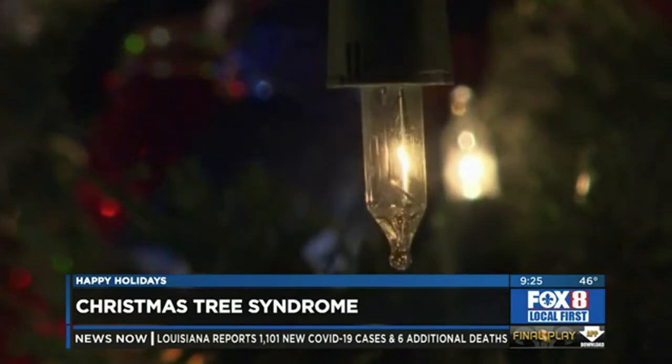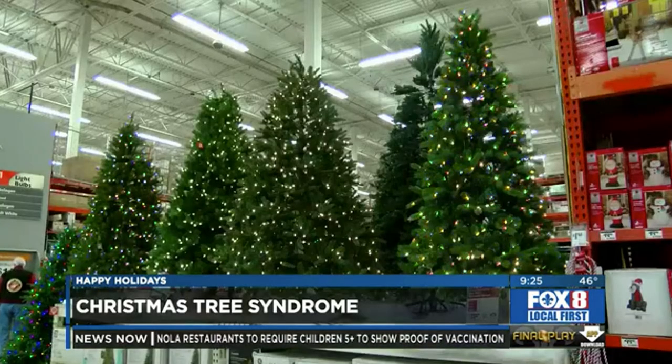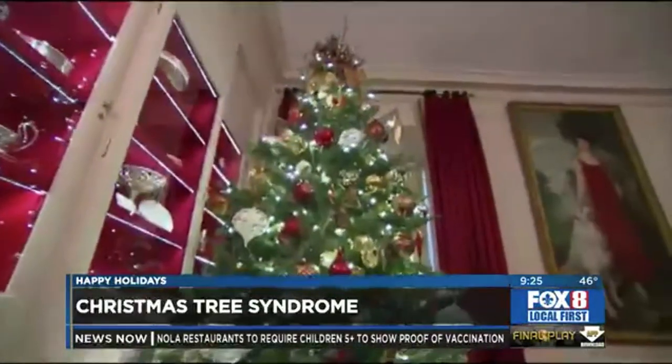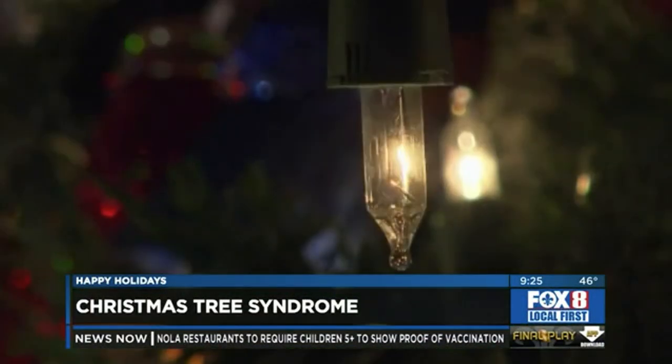So if you buy a real tree, what's the best way? Because of course people love the real tree and the smell and the tradition, but what's the best way to handle it before you put it in your house to cut down on those allergens? Okay, so before you put it in your house, one thing you can do is hose down the tree before you bring it into your home. You hose it down, you take a little bit of bleach and lukewarm water around the trunk and wipe it down, and then let it completely dry, and then bring it into your home. And that'll cut down on...